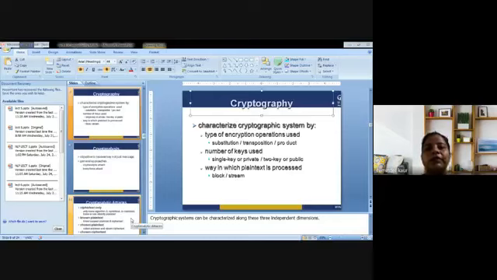So third is the way in which the plain text is processed, like it is based on the block cipher or it is based on the stream cipher. We have discussed both the techniques. Whatever the way we are using, whether block cipher or stream cipher, we are supposed to mention the same. Like if we are using DES, then we are concerned with the block cipher technique. And nowadays, the block cipher technique is being used.